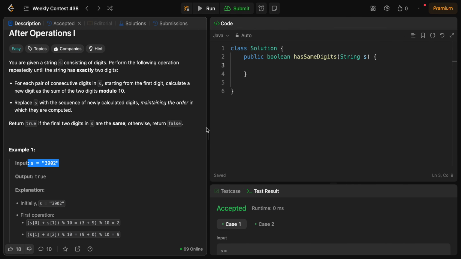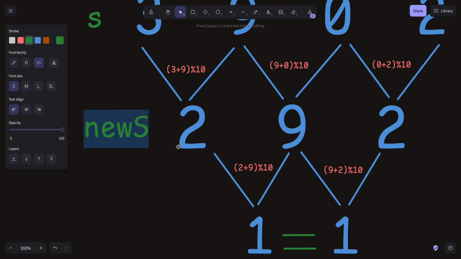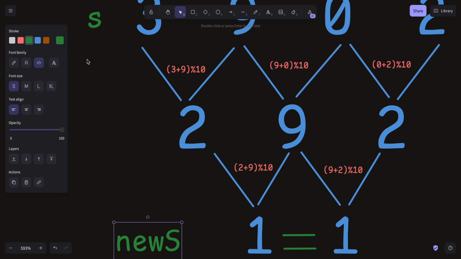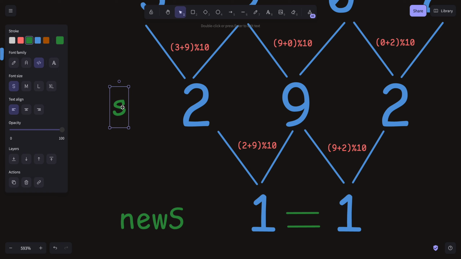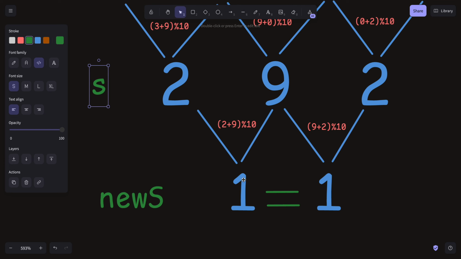Should we stop here? The answer is no, because we have to perform this operation until the string has exactly 2 digits. Now our new s is 292, right? Let's do the same set of operations on this newly calculated s. Now the consecutive pairs would be 2 comma 9 and 9 comma 2. We do the addition followed by modulo 10, and we get 1 because 2 plus 9 is 11, and 11 modulo 10 gives us 1. Same for the other pair. Now the newly calculated string consists of 1 1,